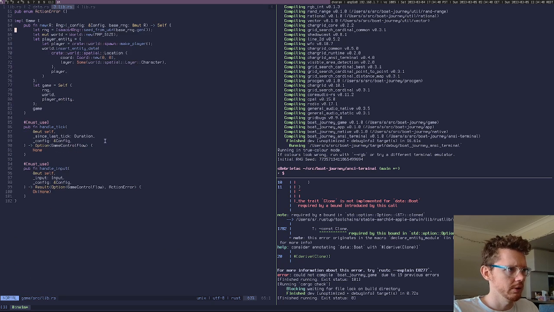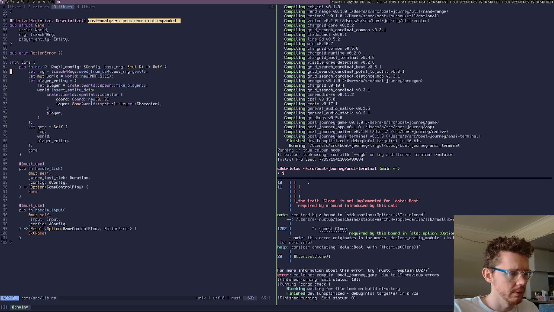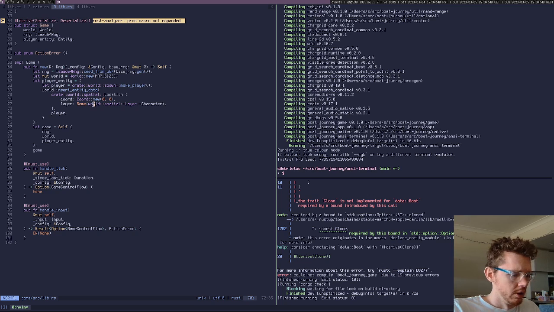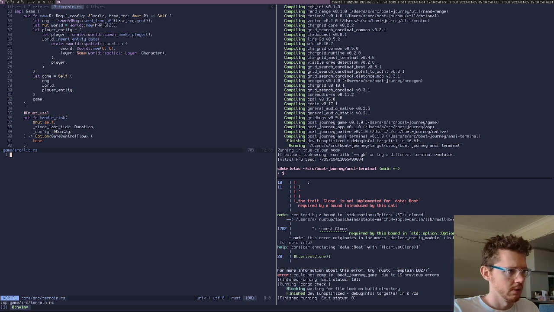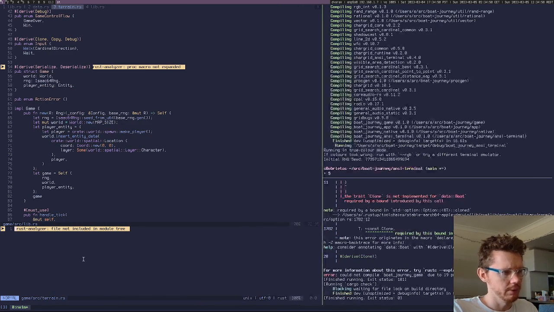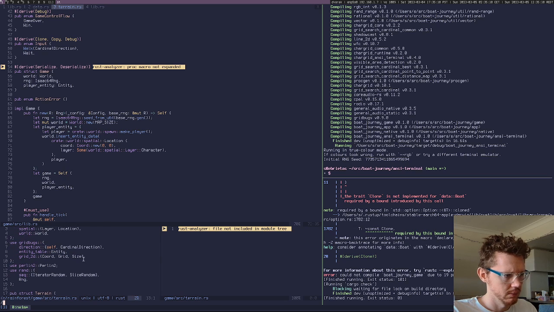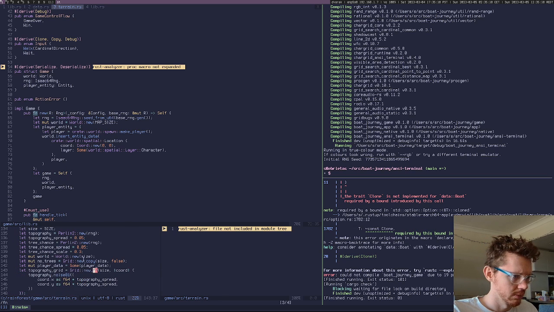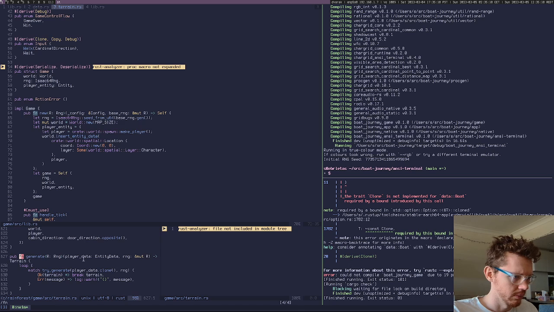Okay, so initializing the world. Right now I have this hack that just has a player, the origin, but immediately we're going to want to make that more complex. What is the API that I have arrived at for terrain generation in the past? I don't want to reinvent this. Okay, play data, and then